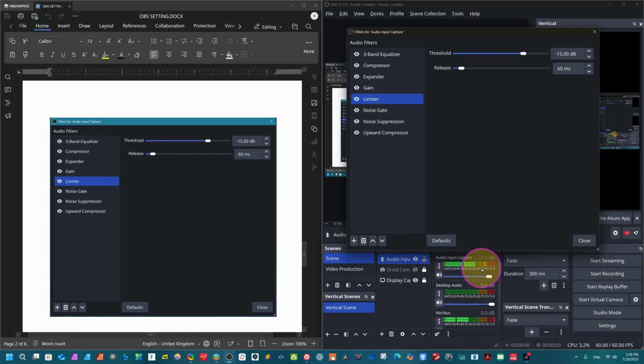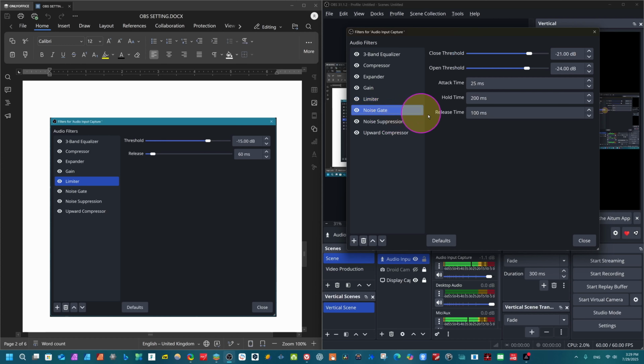Here you can see I speak now. You can see this is the yellow line. It should not cross this yellow line, otherwise it will be distorted and the quality will be very bad, and no video editing software, any software, will improve it once your quality is bad. So it's very important. After years of experience, I use only minus 15 dB, but you can try it and always keep it below minus 10. Minus 15 is the ideal setting here.